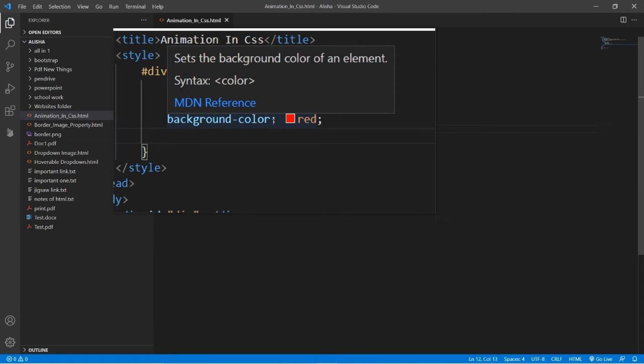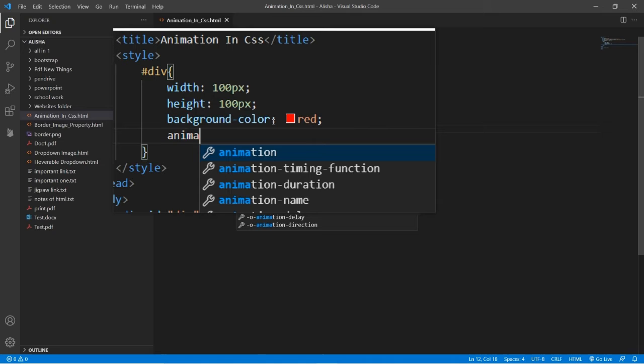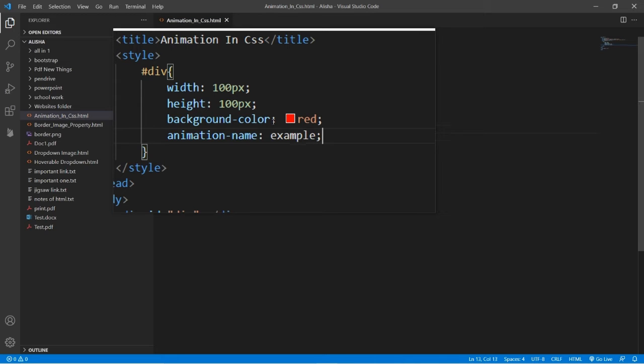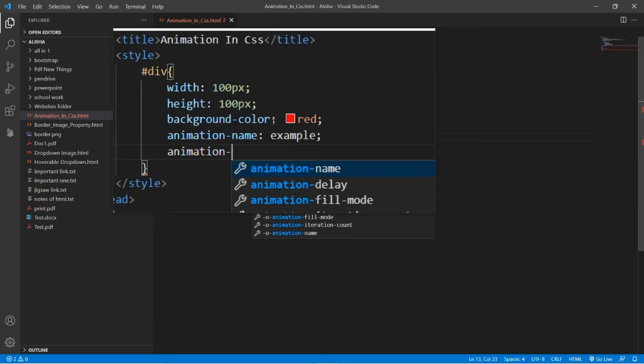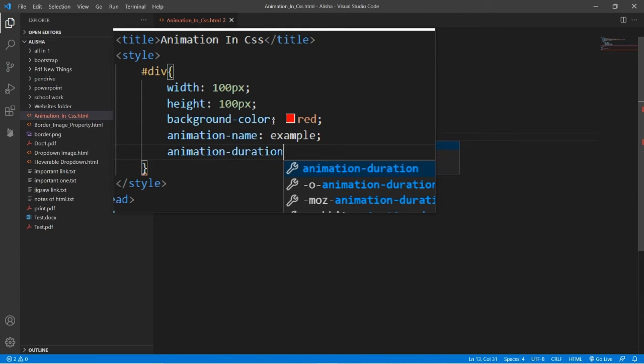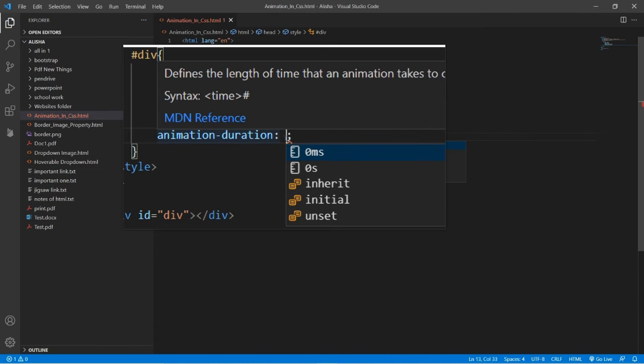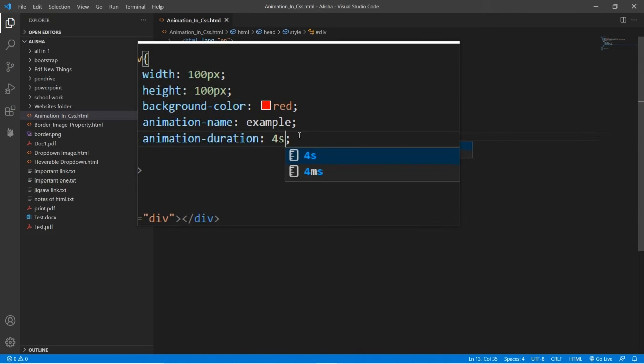and then you have to give the animation name, so type here animation dash name. You can type the name of your choice here, like example. I can type here example, and then after typing the animation name you have to choose the animation duration. So let's type here animation dash duration, and I can give here a 4-second duration, so type here 4 then s for second, and now